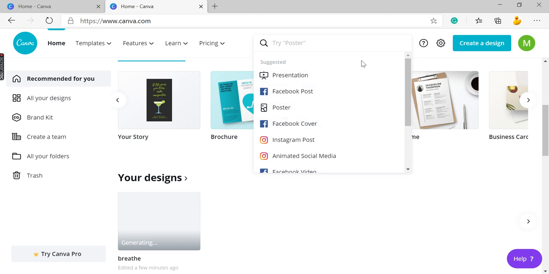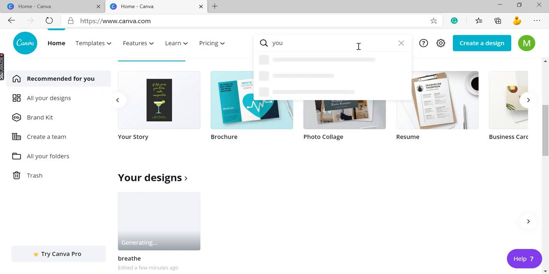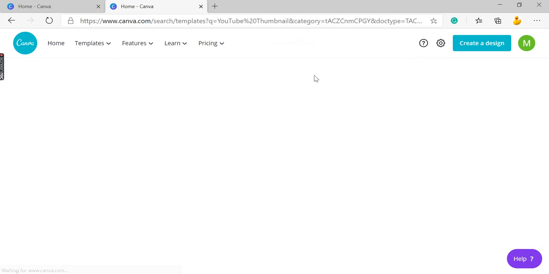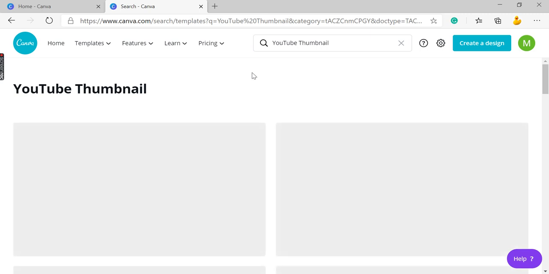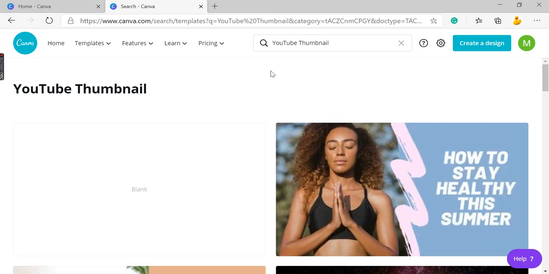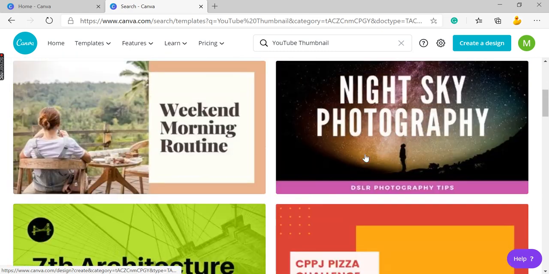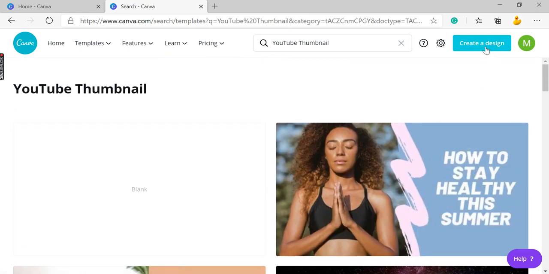Let's say I'm designing a YouTube thumbnail, for example. You will quickly type here "thumbnail", and see, it appears in the suggestions. You will click on it, and before logging into home you will need to sign up with your email address, name and password for canva.com. For 30 days it is free, and then you will have a lot of options to explore and decide whether you want to go for the paid one or not.